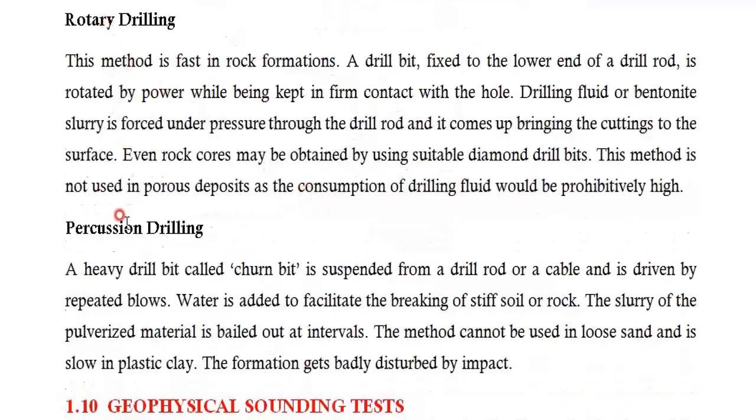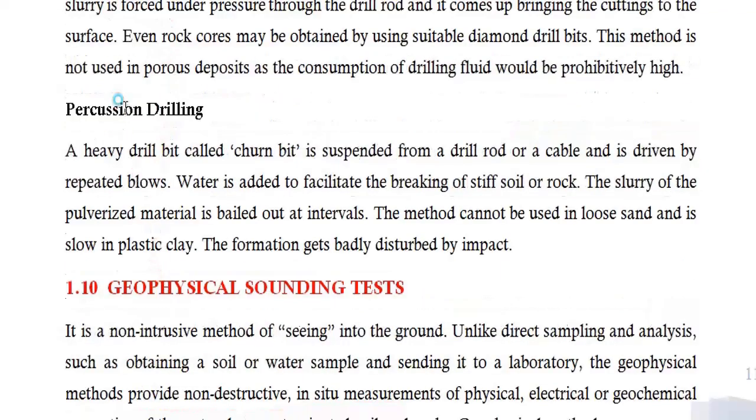Now rotary drilling and percussion drilling: these are two different methods of getting rock samples. Rotary drilling means there will be one drill bit that will be rotating and advancing into the ground. That is called rotary drilling, and it will bring up rock samples. Percussion drilling means there will be a chisel bit that will be continuously vibrating against the rock and striking it, and it will break the rock into pieces, and those pieces can be brought to the lab and